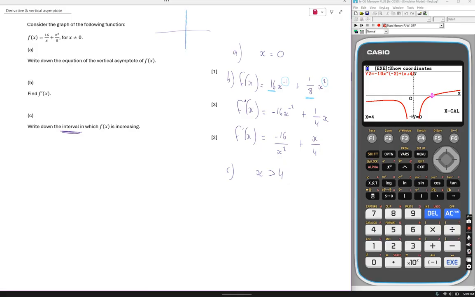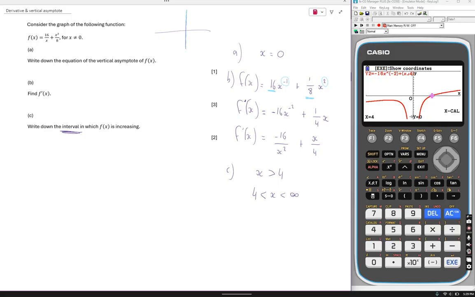And again, you can see that because the gradient is positive after that coordinate when x is 4. The other way that you could write it is 4 is less than x, which is less than infinity. That's another way of writing it. Both would get